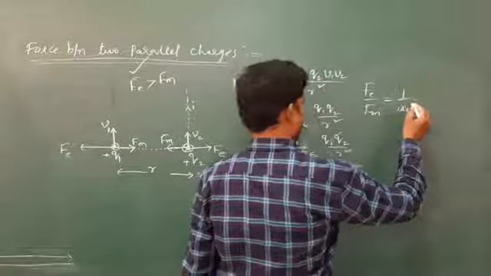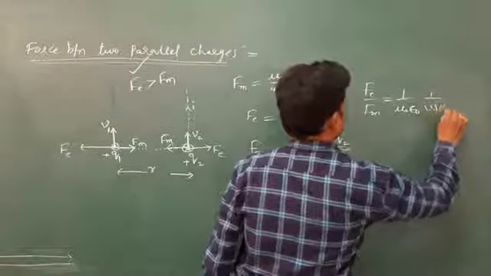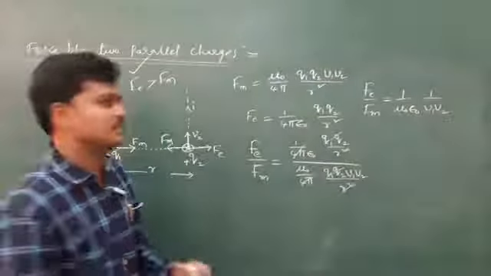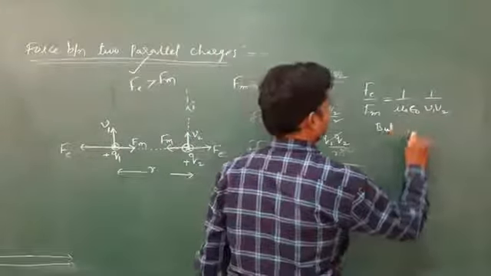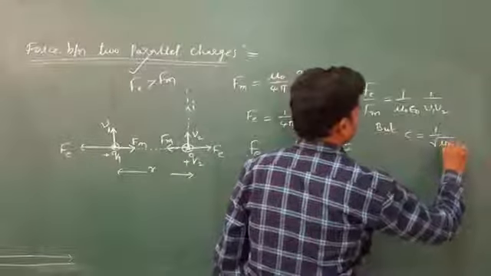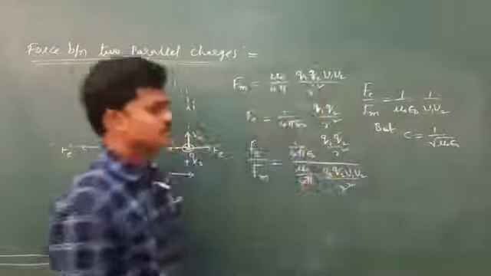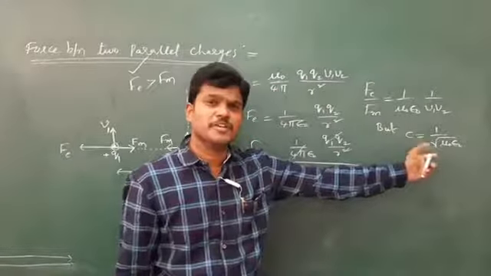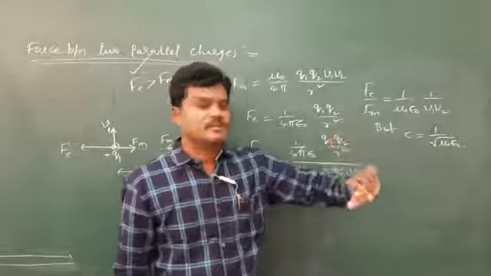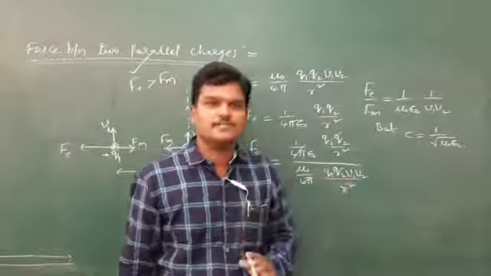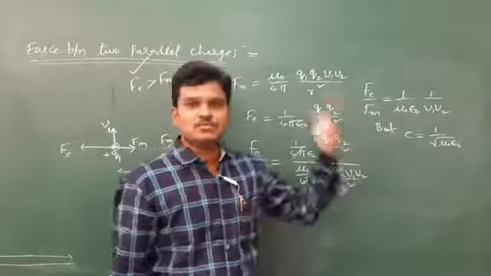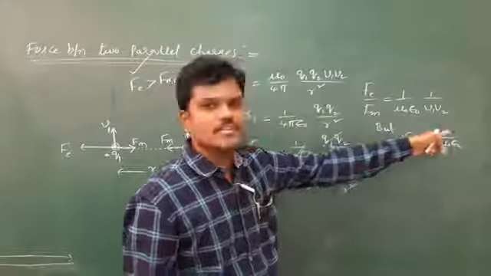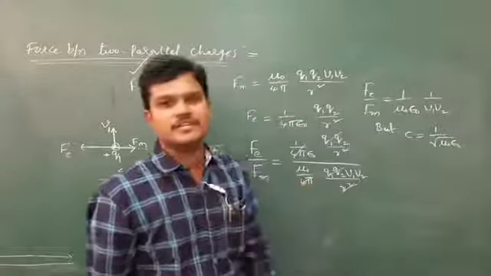So 1 by mu naught epsilon naught divided by 1 by v1 v2. I think you remember this one. 1 by mu naught epsilon naught is nothing but the speed of light. You know, speed of light is 1 by root of mu naught epsilon naught. So this is the speed of light equation. If you substitute the mu naught value, 4 pi into 10 to the power of minus 7 Henry per meter, and the epsilon naught value you are familiar with, 8.854 into 10 raised to minus 12, in units Newton Coulomb square by meter square, you will get C is equal to nearly 3 into 10 to the power of 8 meter per second.